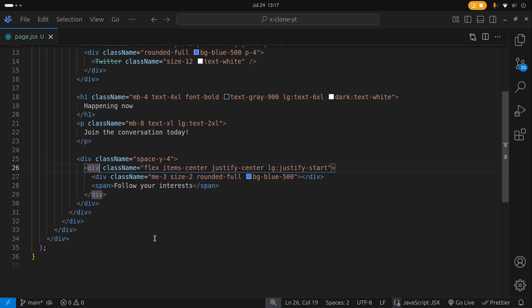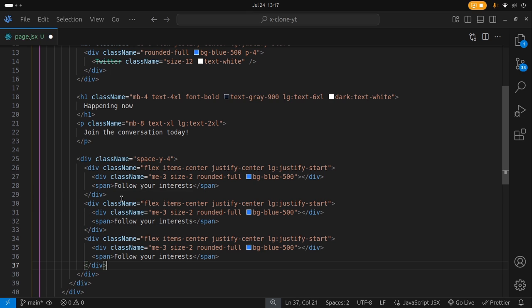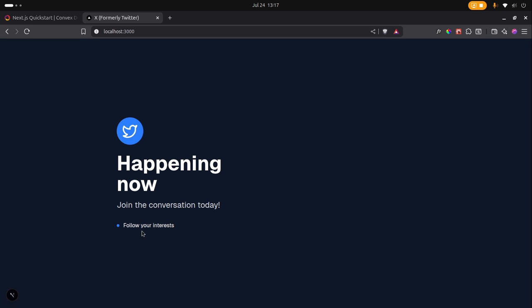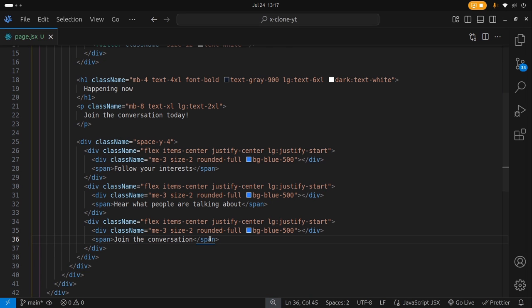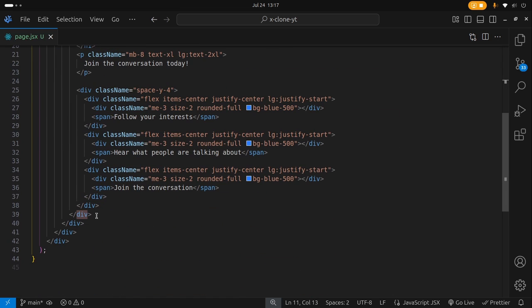And then we're going to do something similar for the other divs that appear below this one. So what we're going to do is simply this. We're going to copy this, paste it down one and then two times. And then the text here is going to say, hear what people are talking about. And then here the third one is going to say, join the conversation. Save that, and that should apply the rest of them right there. Fantastic. Now that we have that, we are going to go below, should be this div that ends there, and we're going to create another div,